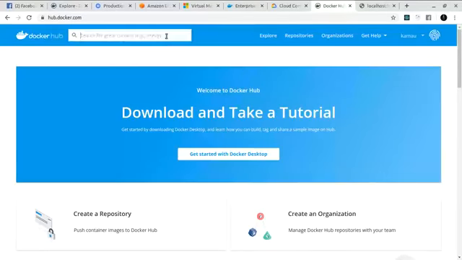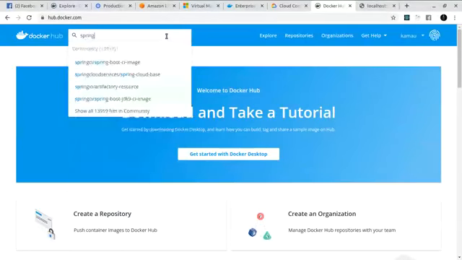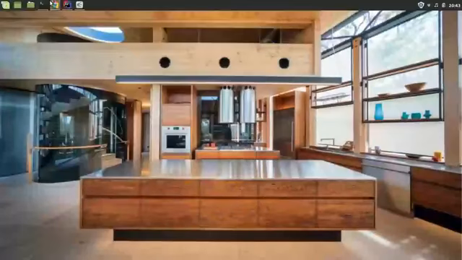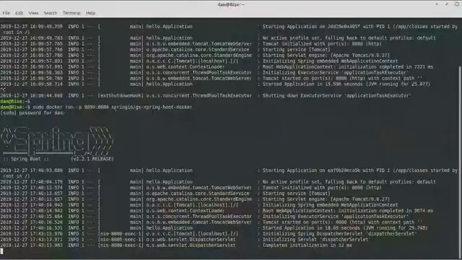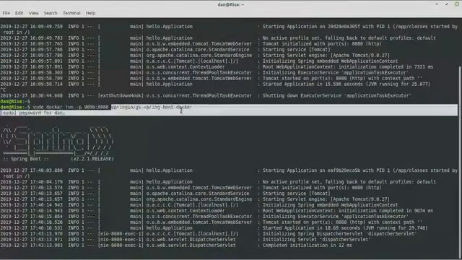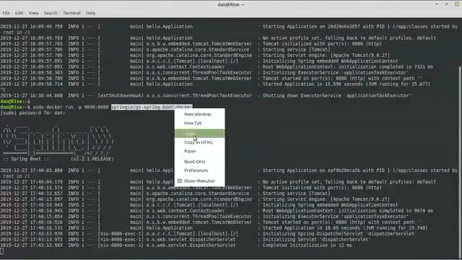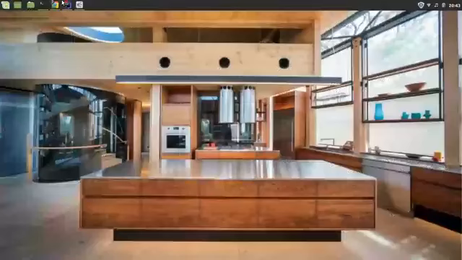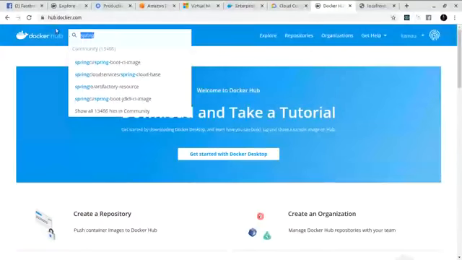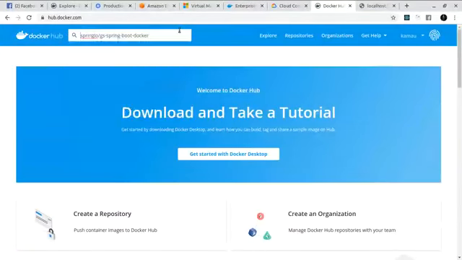Actually, you can get it from here. It's Spring IO, I think this one. Let me check the name. This is the name. So you can get it from Docker Hub for free and run it. Here it is. If you check it,